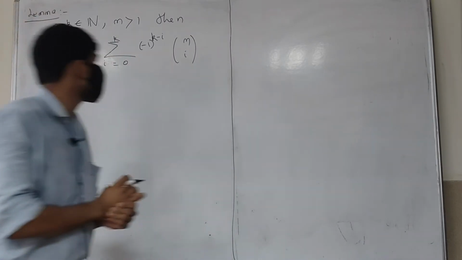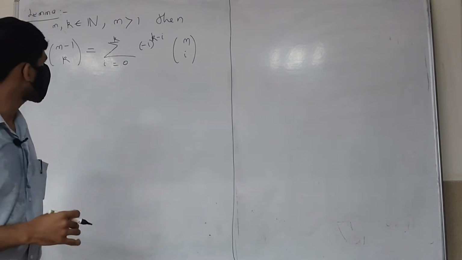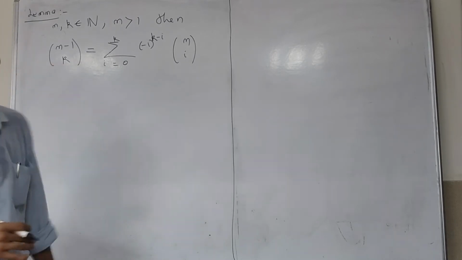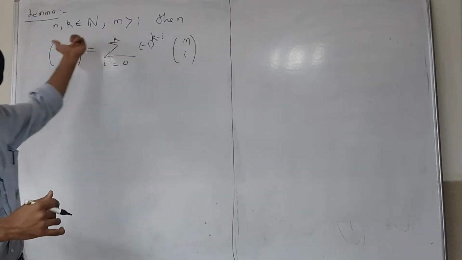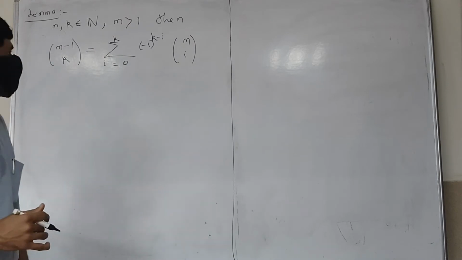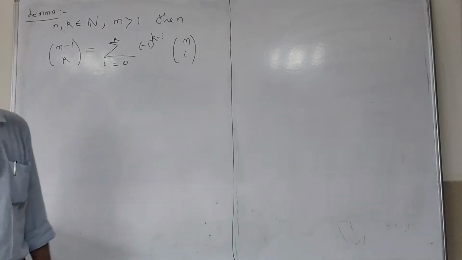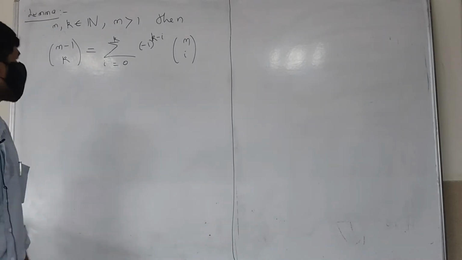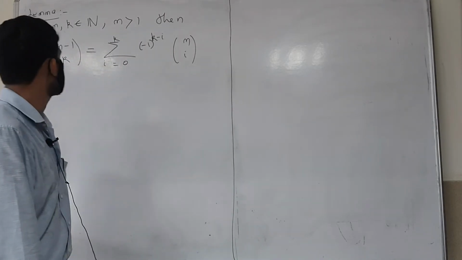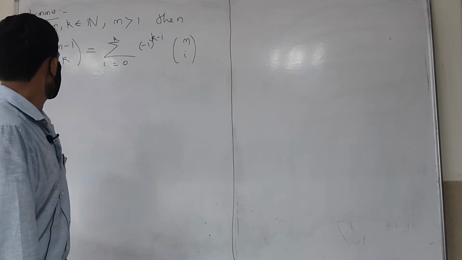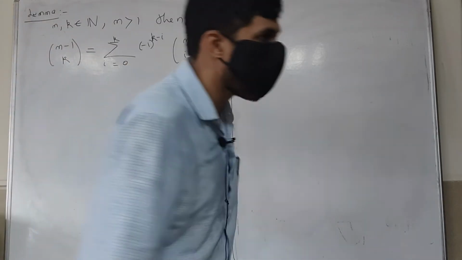Okay, what does that work out to be? So minus 1 raised to k, m C 0, plus minus 1 raised to k minus 1, m C 1. If you take this minus 1 raised to k out, then you get m C 0 minus m C 1 plus m C 2 up to m C k, right? That's what you get. I don't know whether it is a generalization of Pascal's identity. Anyway, let's see how you prove this.